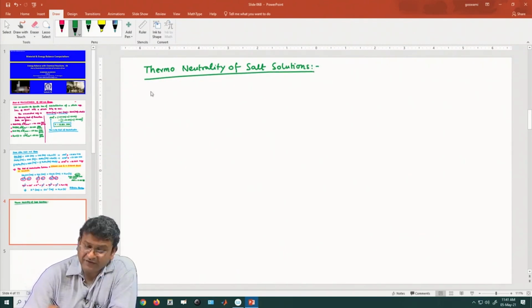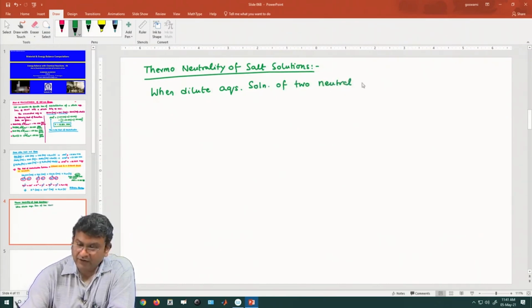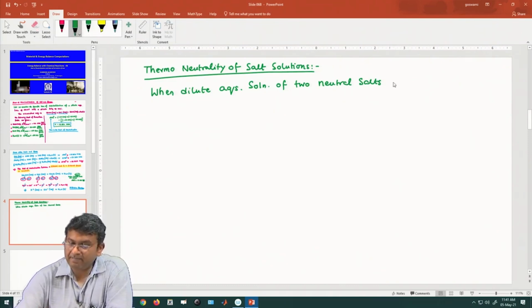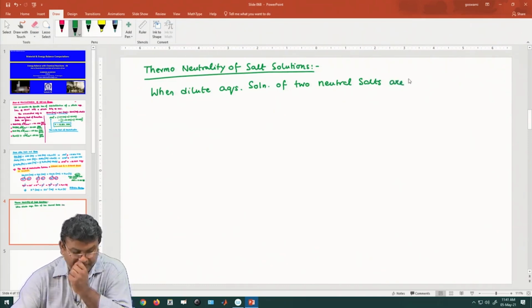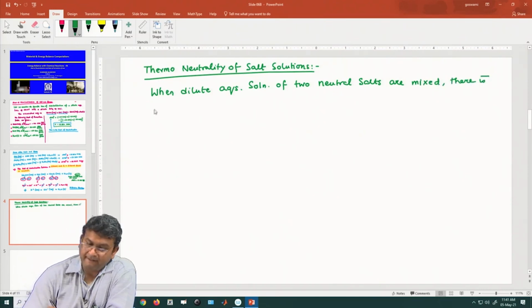Essentially, when dilute aqueous solutions of two neutral salts are mixed, there is almost no thermal effect. The reason for that we will understand in a minute's time,